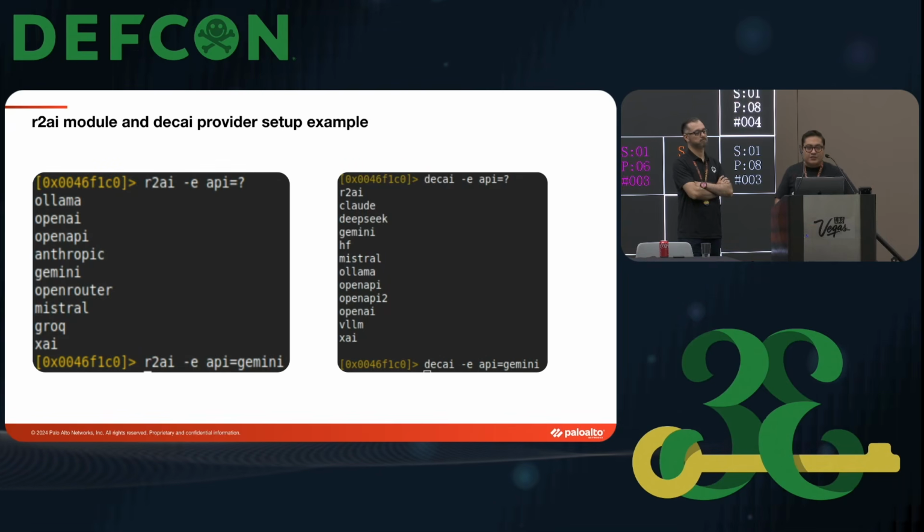And it's very confusing. Everything in Radare is very confusing in terms of naming, but r2ai is actually a component that has different modules. And r2ai has a module called r2ai, but it also has another module called decai. And that decai is gonna be another way to decompile. So as you know, Radare has different ways to decompile. You can use the Ghidra decompiler, but you can also use this new way to decompile binaries, which is you're gonna ask the